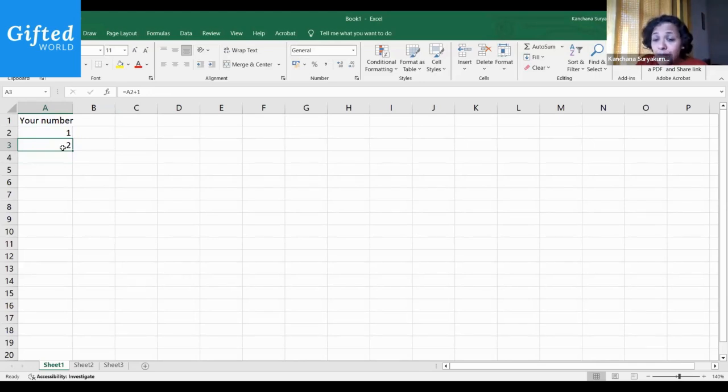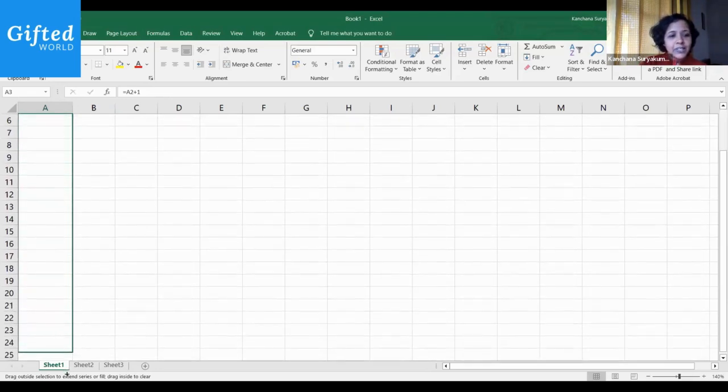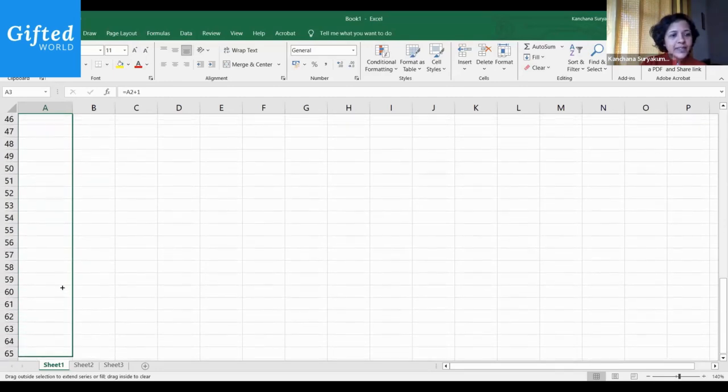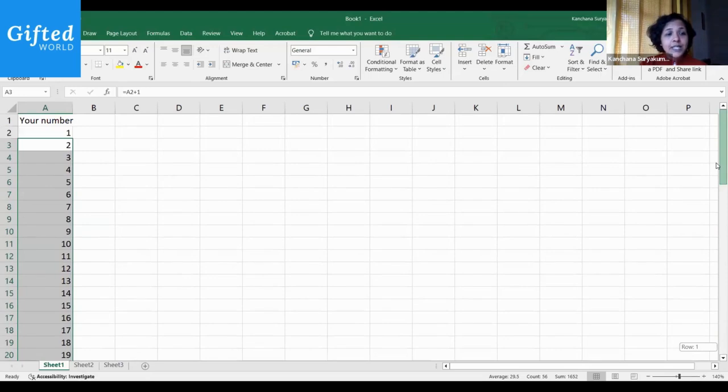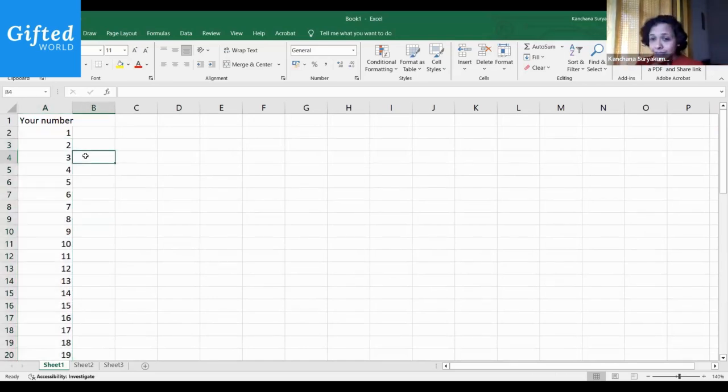Now, why am I doing this? Because I now want to have a huge number of numbers that I'm trying this out with. So here we come to the magical part. I have the cell clicked. Let me move my mouse to the bottom right. Your cursor should become a small plus sign. I'm going to click on that plus sign and drag, maybe to 50. If you notice what is happening, it is automatically copying the formula for me and automatically filling all these values. So I now have 1 to 50 something numbers already created for me.